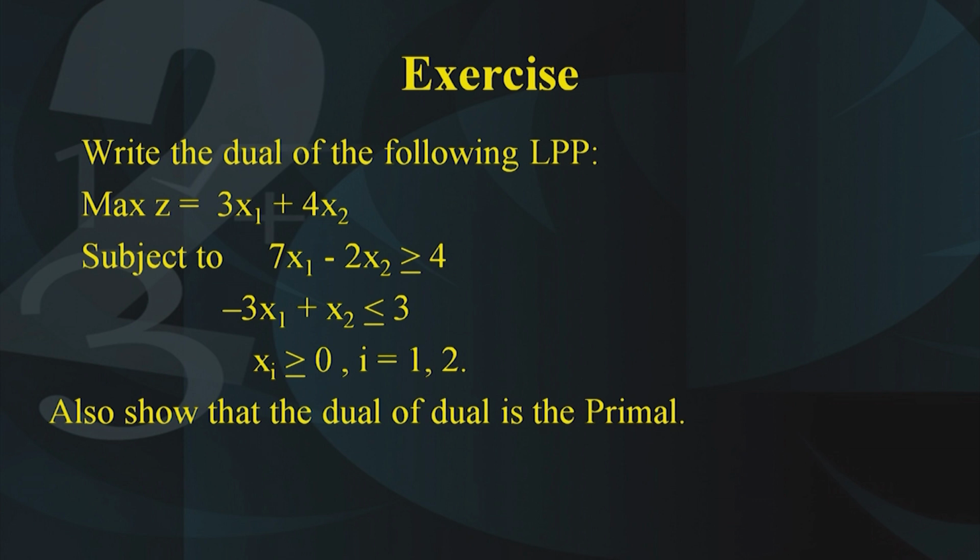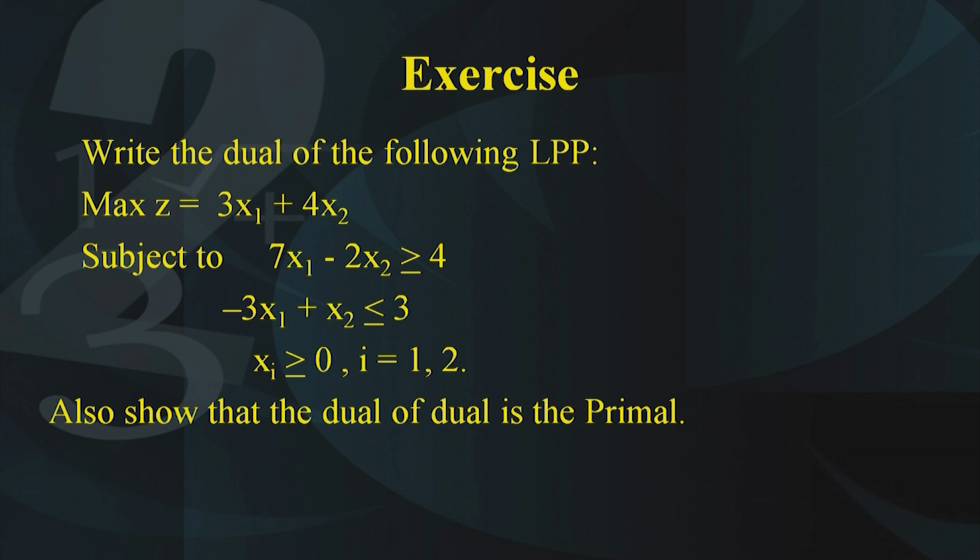All the decision variables x1 and x2 should be greater than or equal to 0. Once you have written the dual, I also want you to show or prove that the dual of the dual